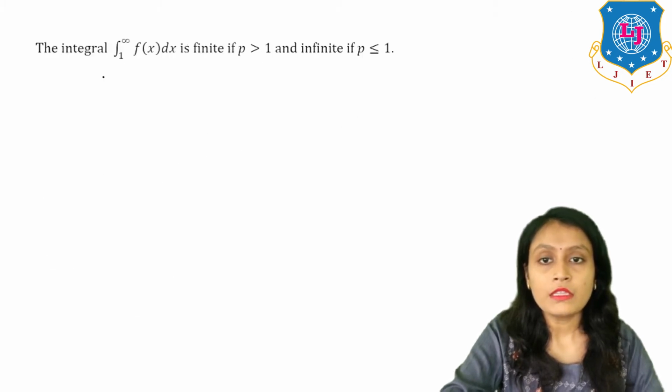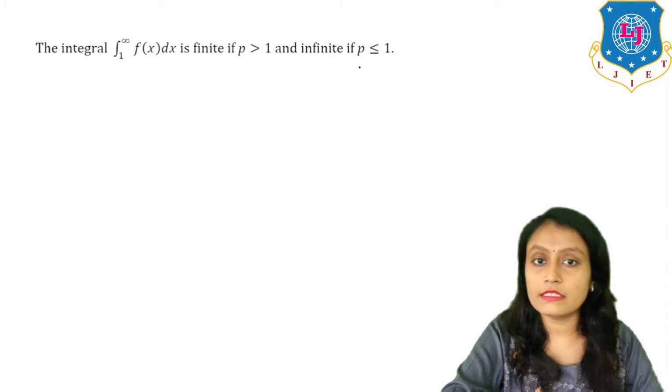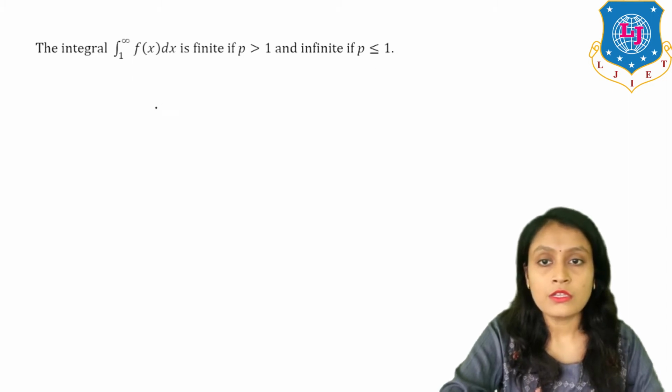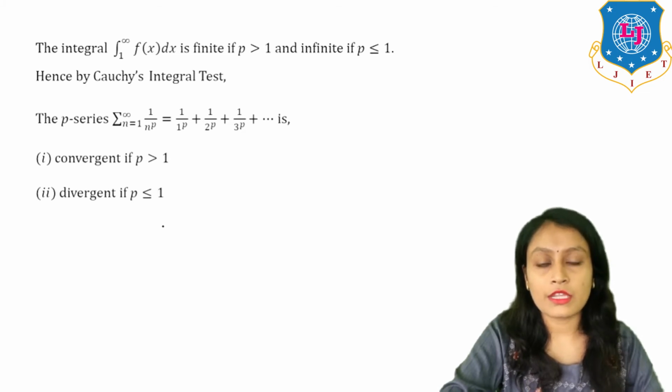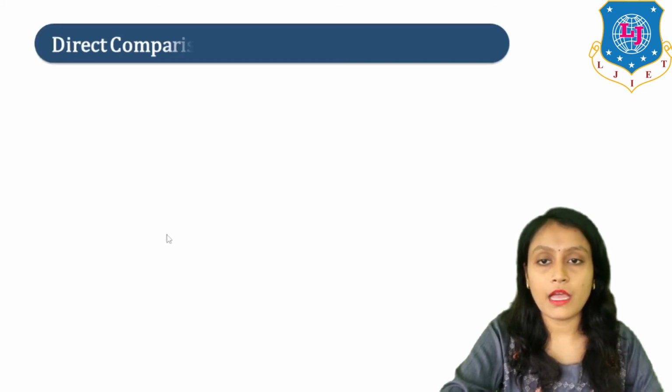Okay, so the integral from 1 to infinity of f(x) dx is finite if p is greater than 1 and infinite if p is less than or equal to 1. So by Cauchy's integral test, we can say that this series is convergent if p is greater than 1 and divergent if p is less than or equal to 1. Okay, now